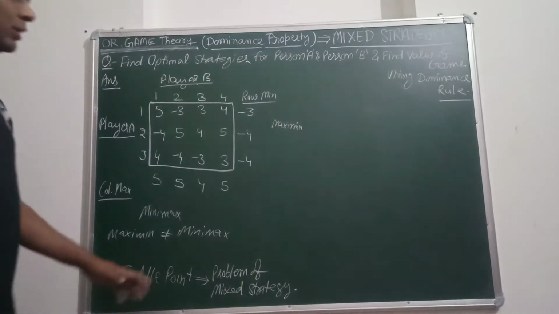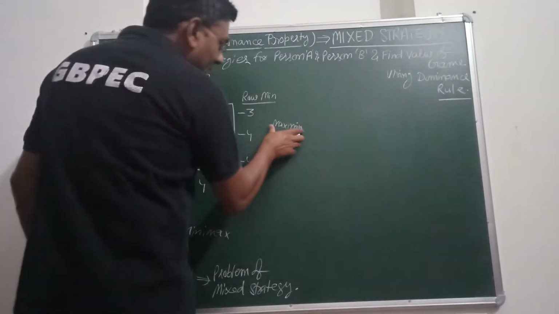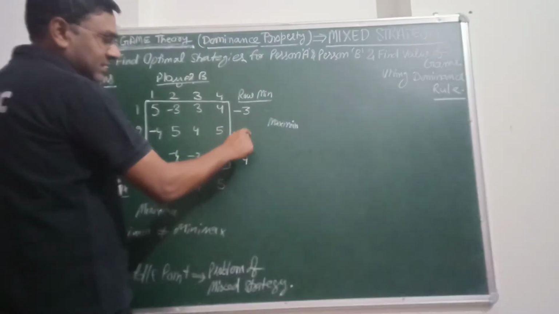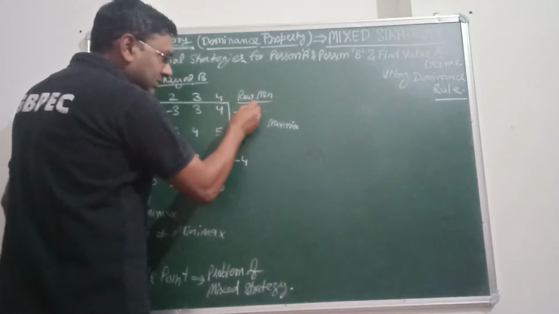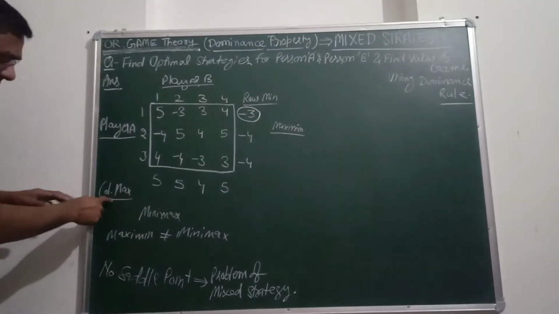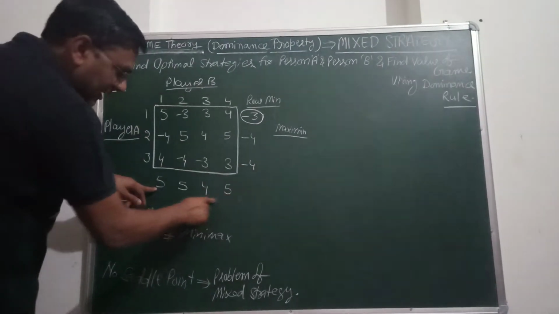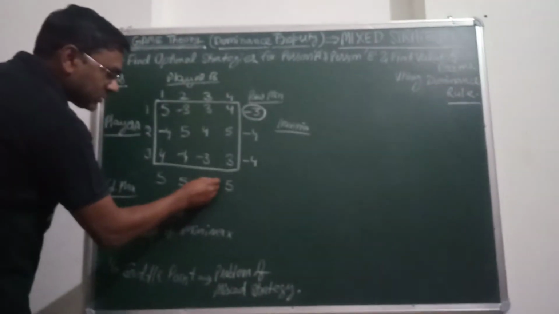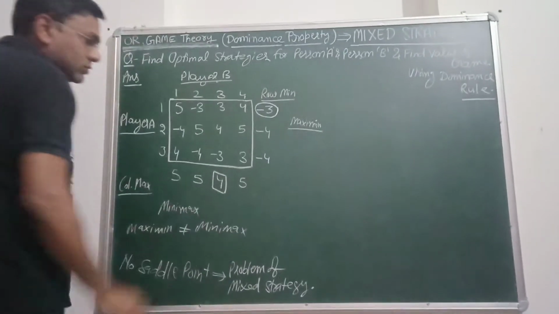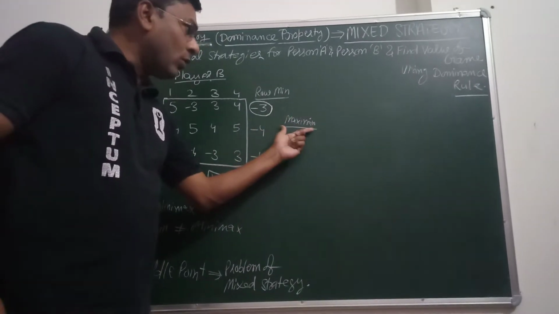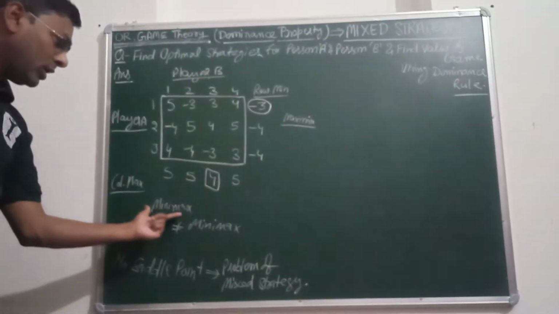Now what do we have to check? Initially we have to find the maximum value. So from these three values, -3 is the maximum value for row minima, and similarly from here we have to find the minimum value. So the minimum value is 4. So for a saddle point, the value of maximin must be equal to the minimax value,